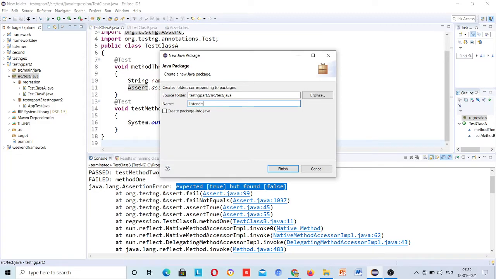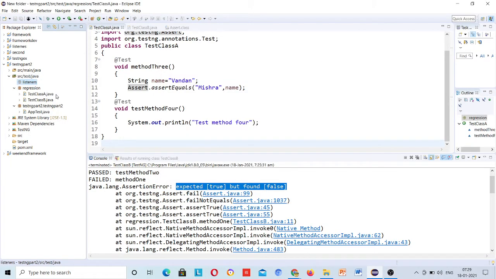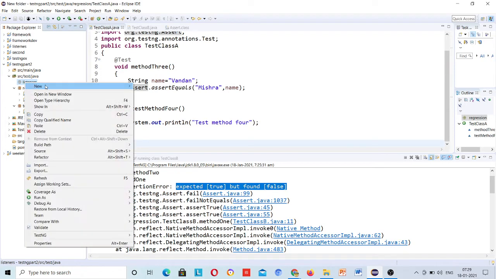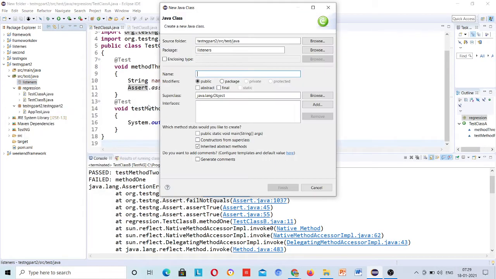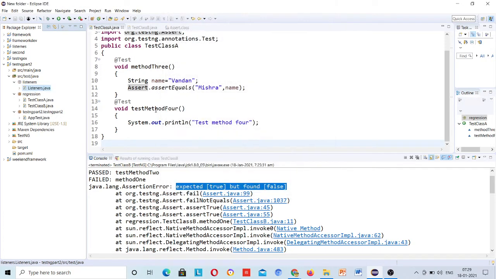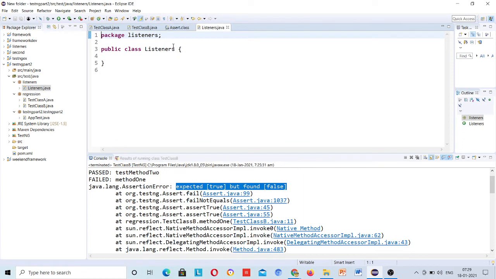Here you will write all your listeners. There will be a class inside this. You can give any name. This is my first listener, second listener; it doesn't matter how many listeners you want to make, it's up to you.